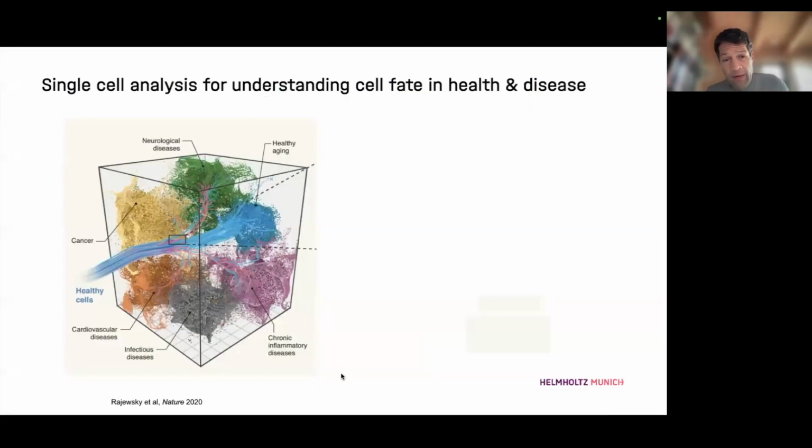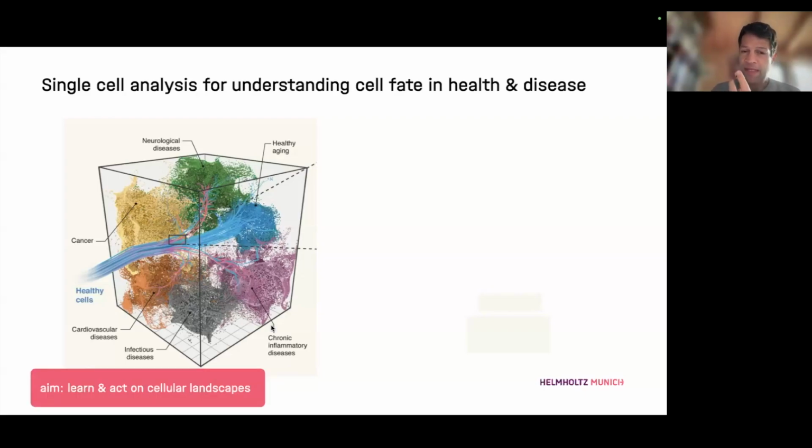So I want to talk about single-cell analysis, right? We have this old sketch that we did in a perspective some time ago. We've always been trying to understand cell fate, right? This picture of what developmental biologists would call Waddington's landscape, a cell going through healthy aging and maybe then taking a wrong turn. That's something we want to model.